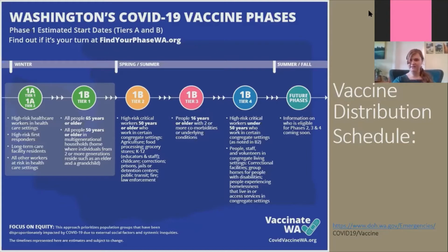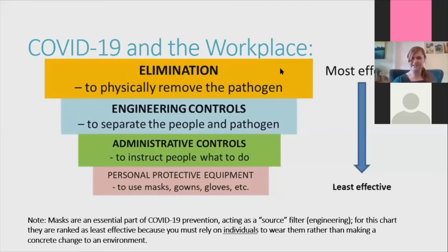Okay. Now, okay, it says my screen sharing is paused. Can people see the COVID-19 and the workplace engineering controls pyramid? Check the chat. No, we've been seeing the vaccine phases. Okay. Okay, it says I'm screen sharing. It's showing now. So now I'm going to do a new share and go back to the,